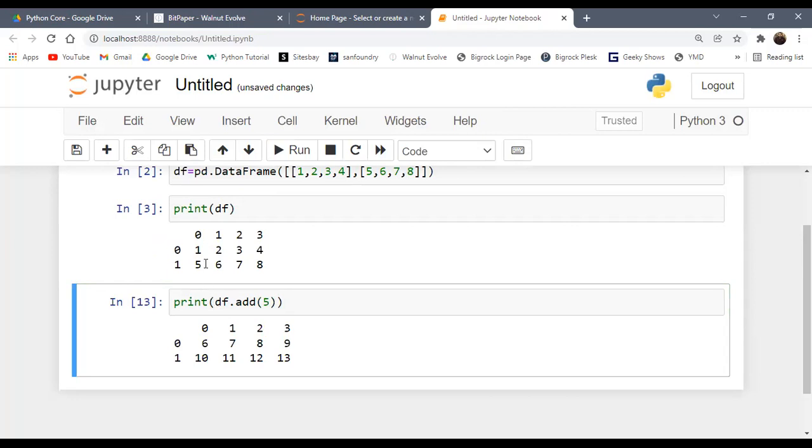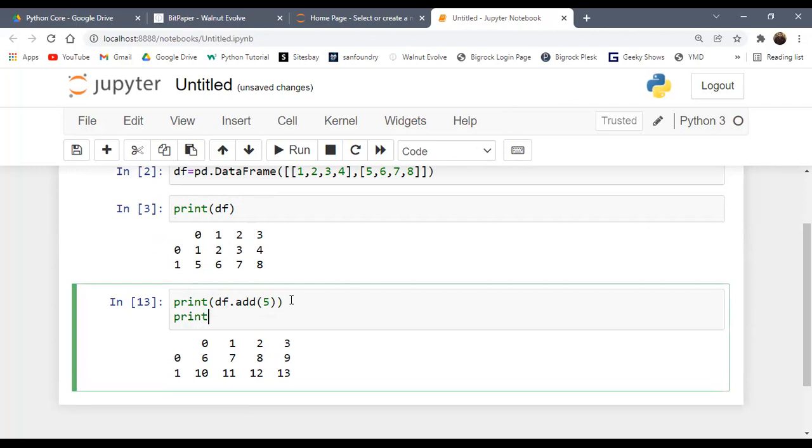The output will be 5 plus 1, 6, 2 plus 5, 7, 3 plus 5, 8, 4 plus 5, 9, right? The same output will be print df dot sub, and now pass the values here, minus 5. The output will be